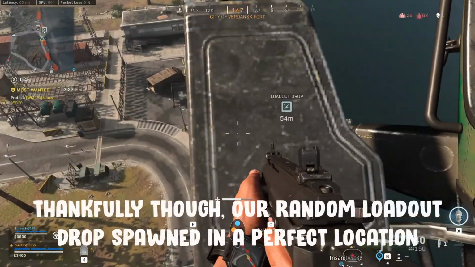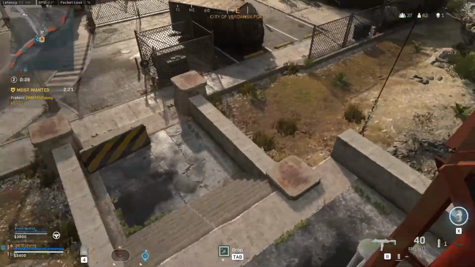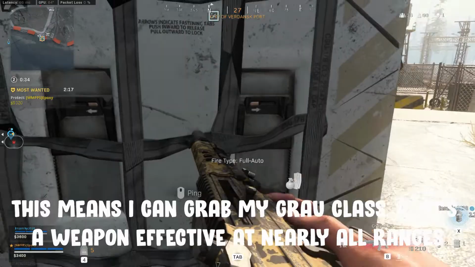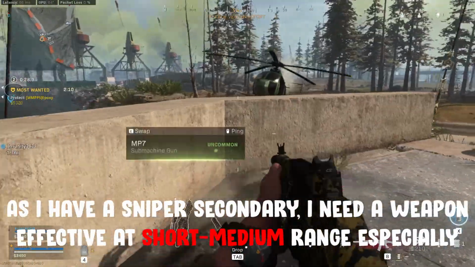Thankfully though, our random loadout drop spawned in an ideal location. It was far out of the way and in a well covered area. This lets me grab my Growl class, as it's a reliable weapon that's effective at pretty much all ranges. I've also got a sniper secondary, so it's important that I have a gun capable of dealing with short to